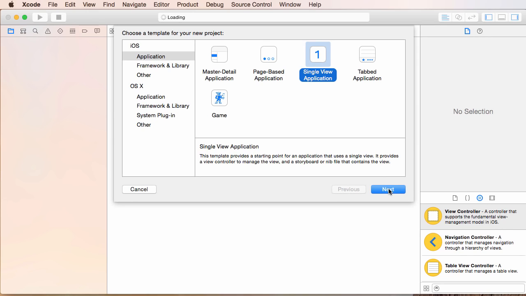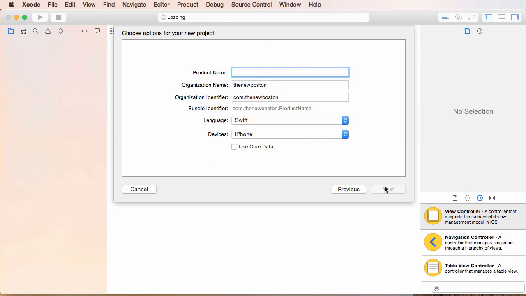And if we click next, it asks us to give it some details about the project. The first thing is the product name, which is essentially the name of your app. So I'm just going to name mine